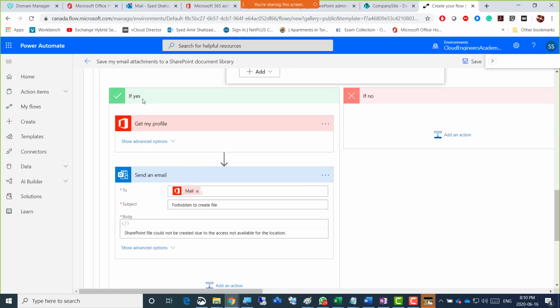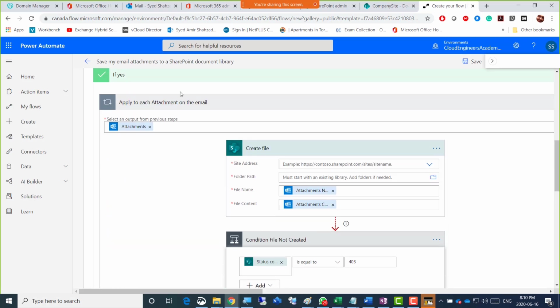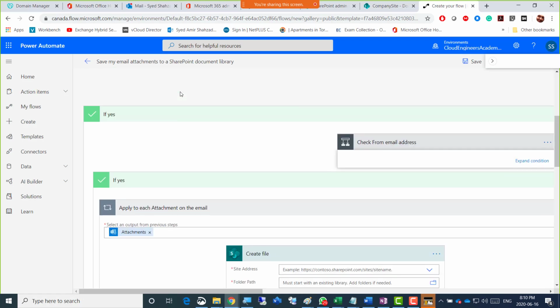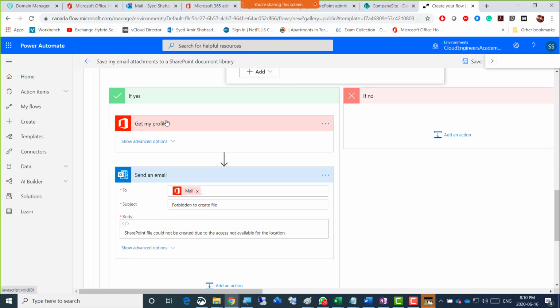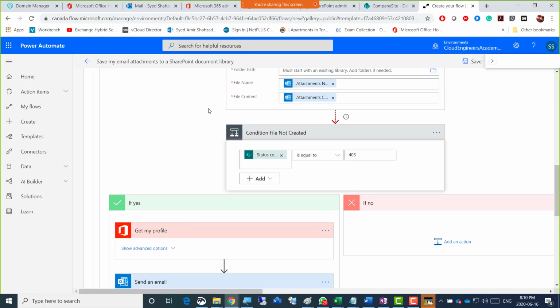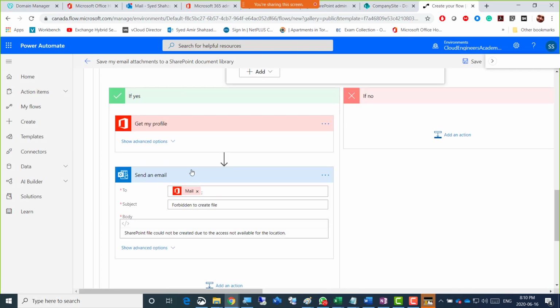It's a bit of a longer process here, but overall it's showing at which stage you can actually introduce some other process as well, right? So it keeps on going down here, and condition file not created. Suppose the file was not found, then a 403 error should be coming here. Just say 403, I did not find a file there for the attachment, or the file was not a legit file. So it just says here that the attachment was found. Then what do you do? If yes, you found the attachment, then get my profile.